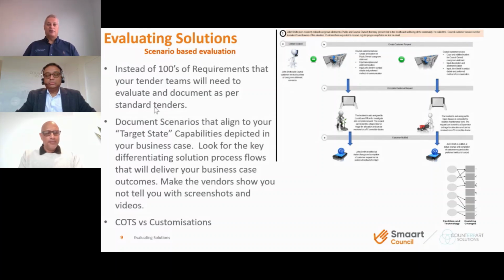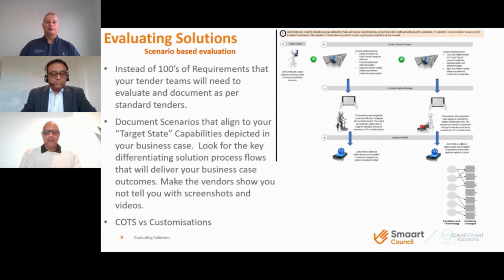No worries. Thanks, Dylan. So if I just recap for everyone, what we've done is we've defined a business case based upon future state or target state capabilities. Those capabilities are joined up to our strategic drivers. So we now have clear line of sight. And what we're suggesting is when we go and document how we want to evaluate the solutions that will deliver those capabilities, we'll align that to end-to-end journeys that actually deliver the capability that we're setting out in our process. And now you can very quickly assess from a solution perspective how that solution is actually going to be able to deliver that benefit.